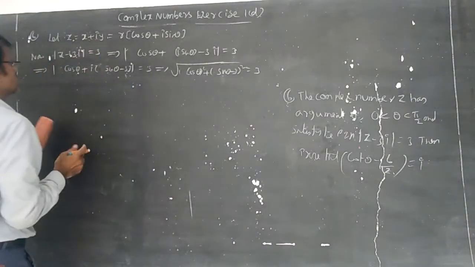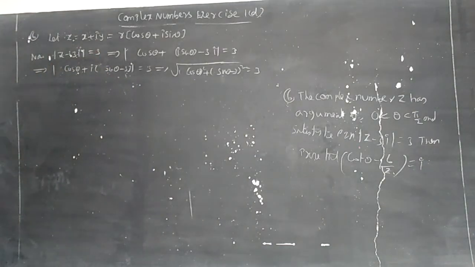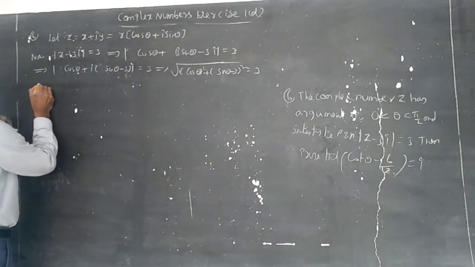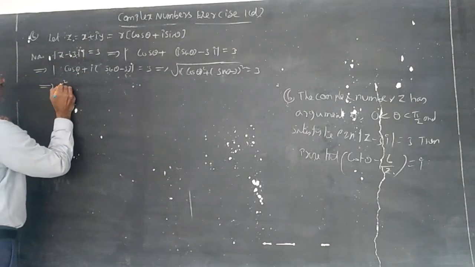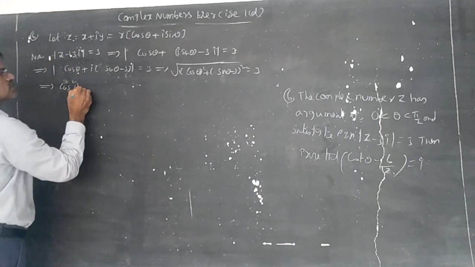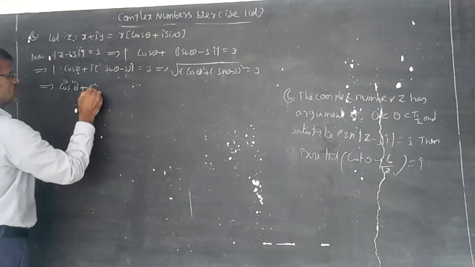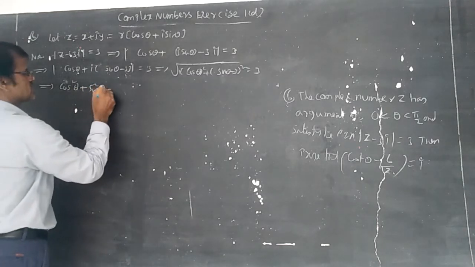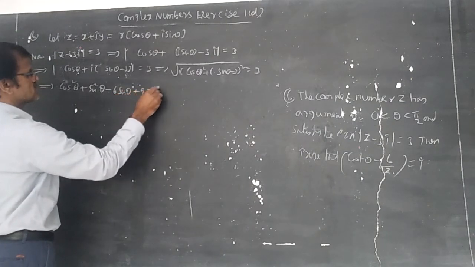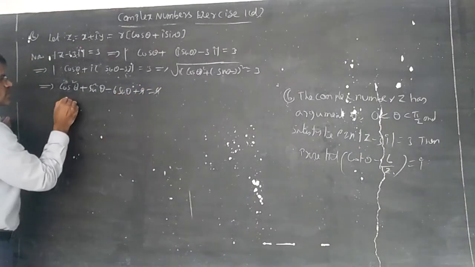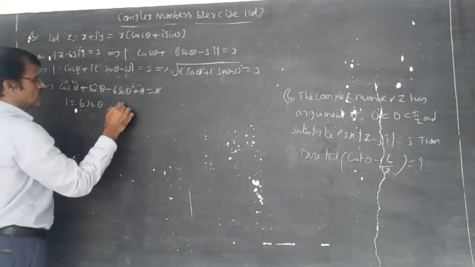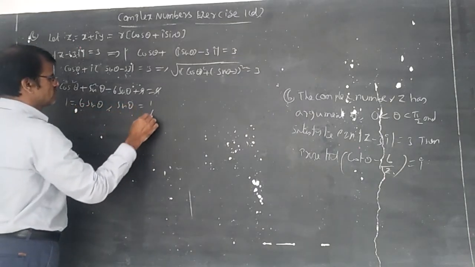Let us calculate like this. Simply without taking r, you can write cos theta by sin theta. This is cos square theta minus... Okay, let us continue here. This is cos square theta plus sin square theta minus 6 sin theta plus 9 equal to 9. 9 and 9 get cancelled. This is 1. 1 is equal to 6 sin theta. Sin theta is equal to 1 by 6.